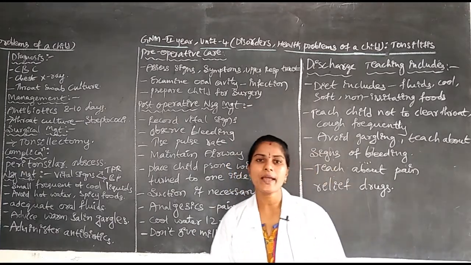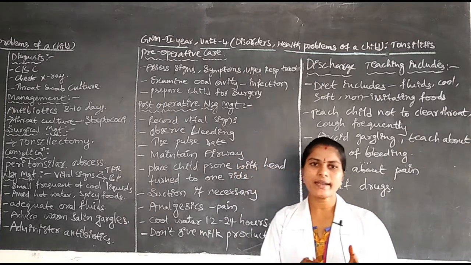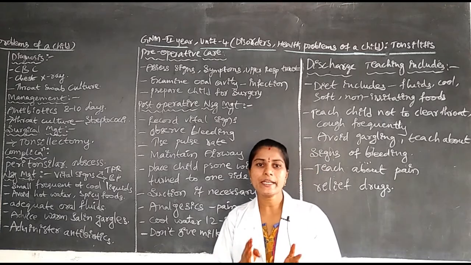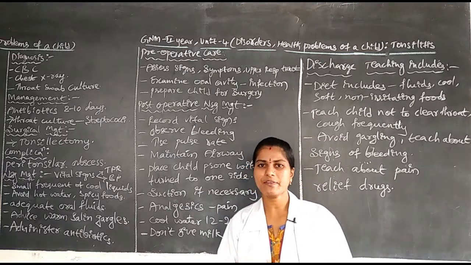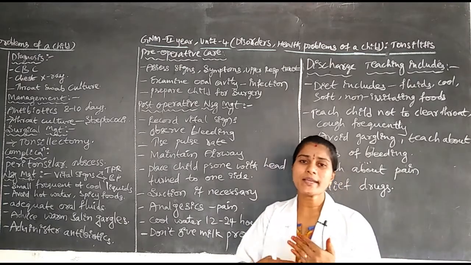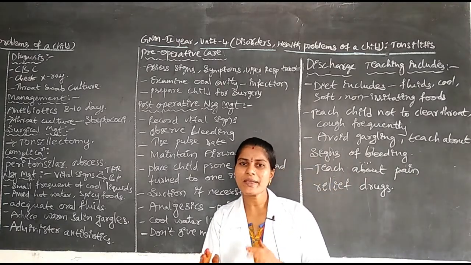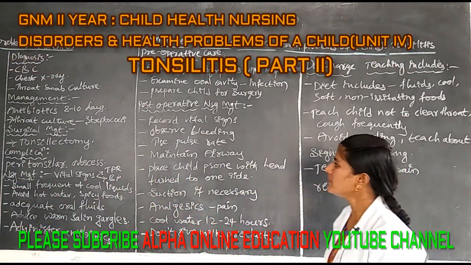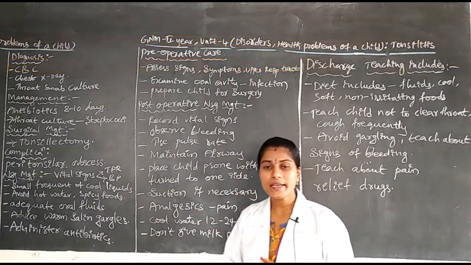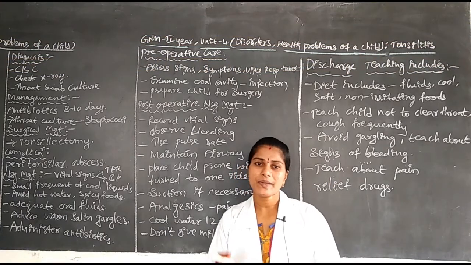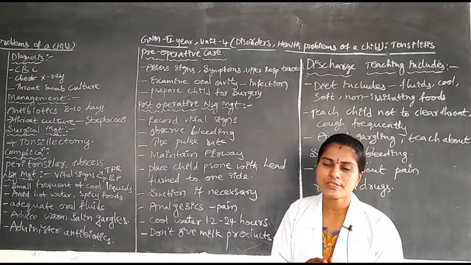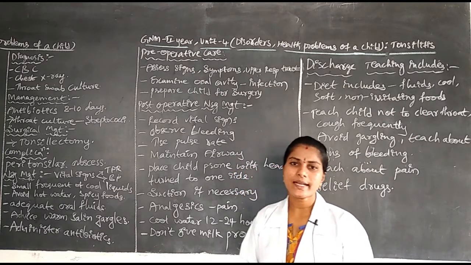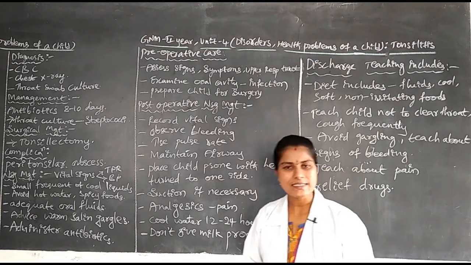Next, observe any bleeding. After completion of surgery, that is the tonsillectomy, if there is any bleeding, that will be identified. If any complication like excessive bleeding occurs, we have to report it to the physician immediately. Next, any increasing pulse rate will be recorded, and that information is also given to the physician for giving proper treatment to the children to control the pulse rate.